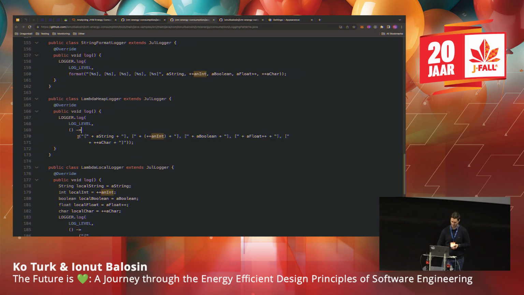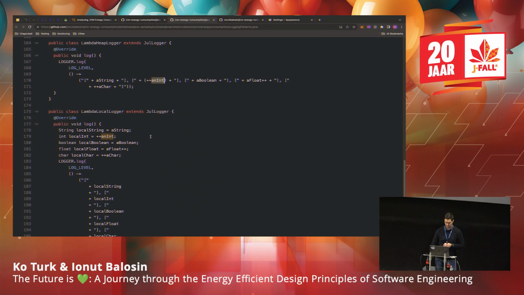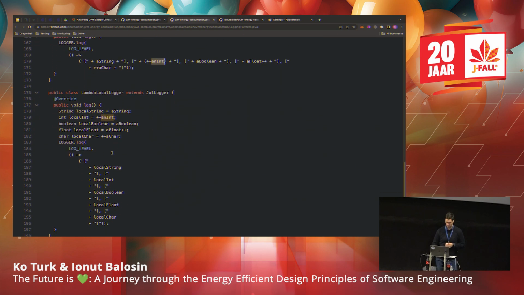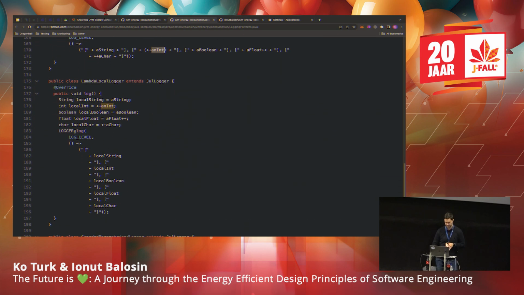This is the lambda body, and it's called lambda heap because all of these objects are global variables. And we had a different use case called lambda local, which is logger.log with the level of the log, and this is the body of the lambda, and this time they are local variables.